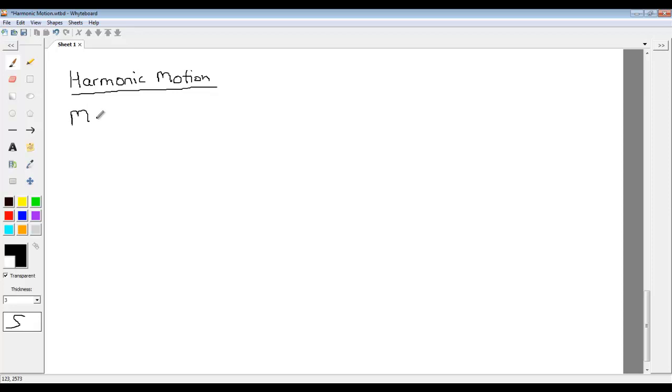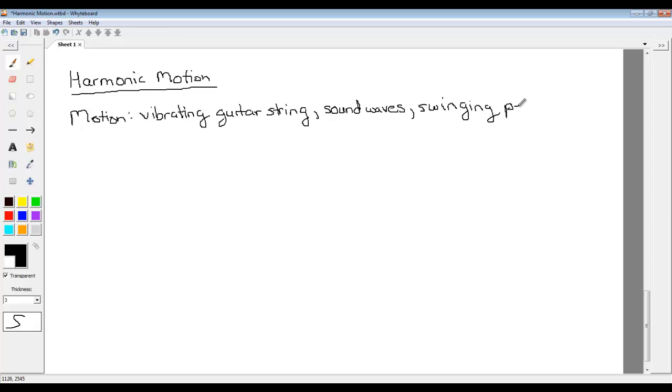Some examples of this kind of motion can be seen when you look at a vibrating guitar string. You start looking at the way the string vibrates, and it's sinusoidal. You start looking at sound waves that come out from a vibrating guitar string, and suddenly you see a sinusoidal pattern there. You look at things like a swinging pendulum and look at its position with respect to time, and you've got something